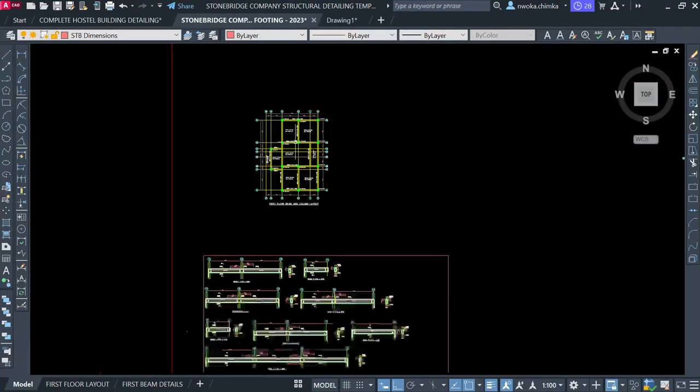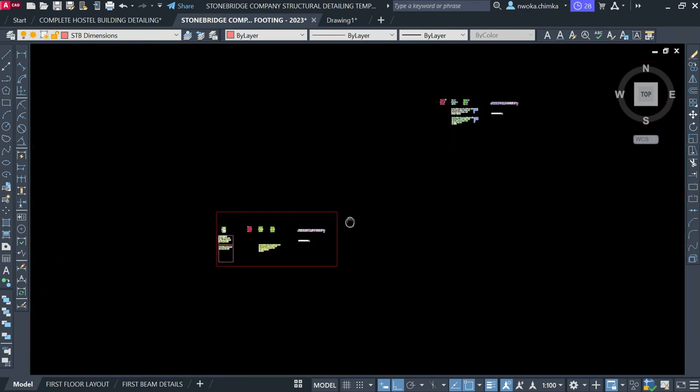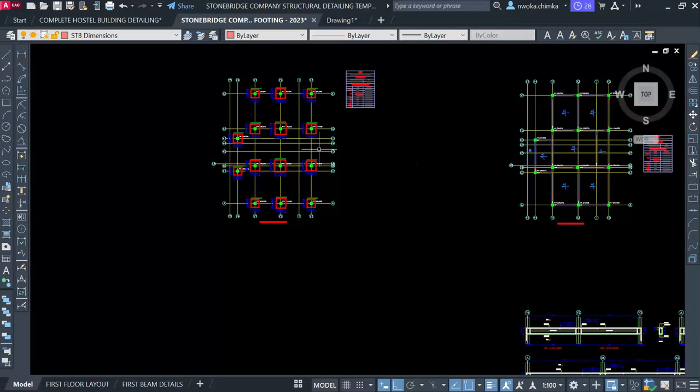building, which I'm using to show you guys how to use this Stonebridge template. Okay, so right now, since I already showed you how these things transform,